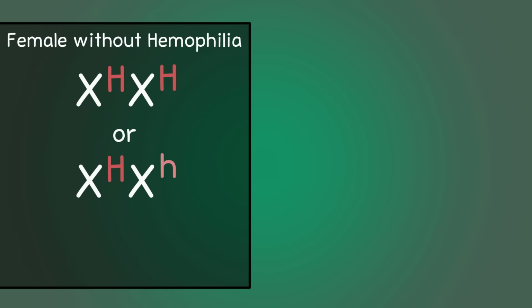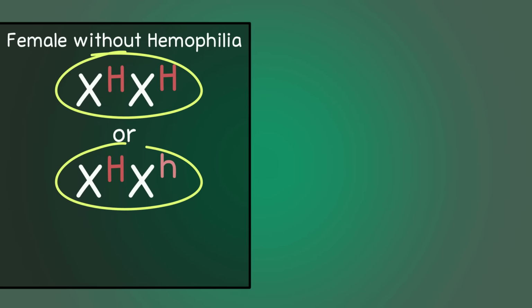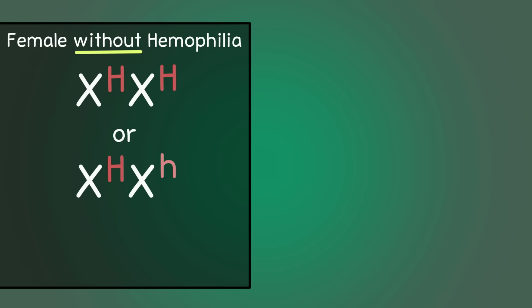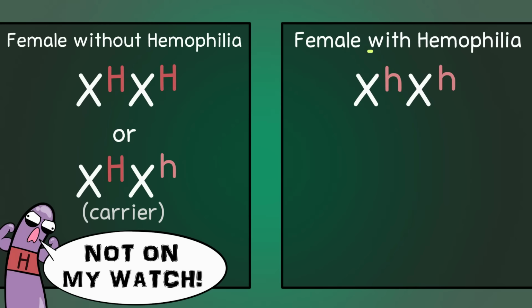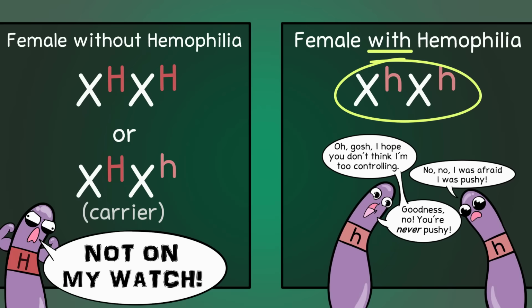Let's consider a female individual shown with XX here. If the genotype is X^H X^H or X^H X^h, this female will not have hemophilia. Why? Because as long as there is at least one dominant allele, that dominant allele will be what shows in this trait. So, no hemophilia. Hemophilia is a sex-linked recessive disorder. However, the X^H X^h genotype would be a carrier, meaning while the person wouldn't have hemophilia, they would be carrying the recessive allele. The only way for this particular female to have hemophilia would be the genotype X^h X^h, because only when there is no dominant allele present will that recessive show up, at least in this type of trait.